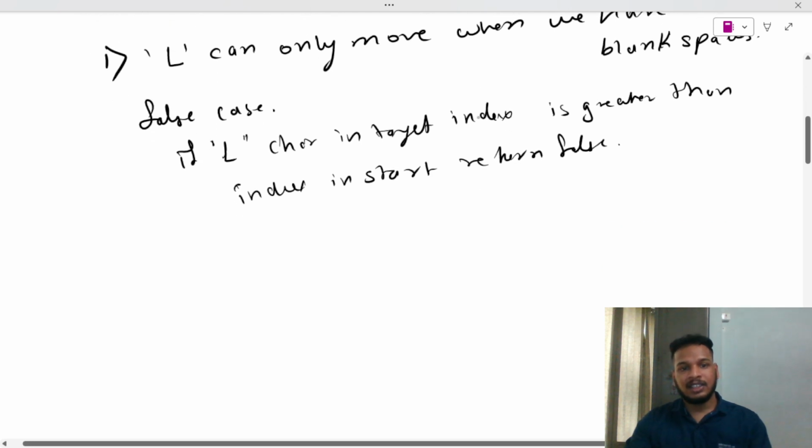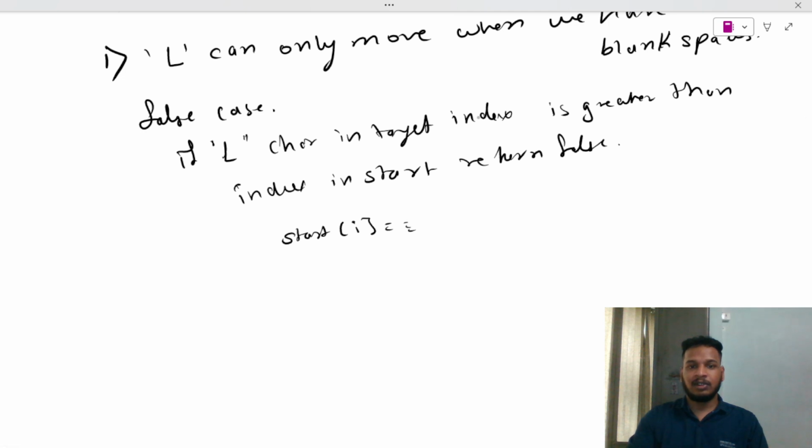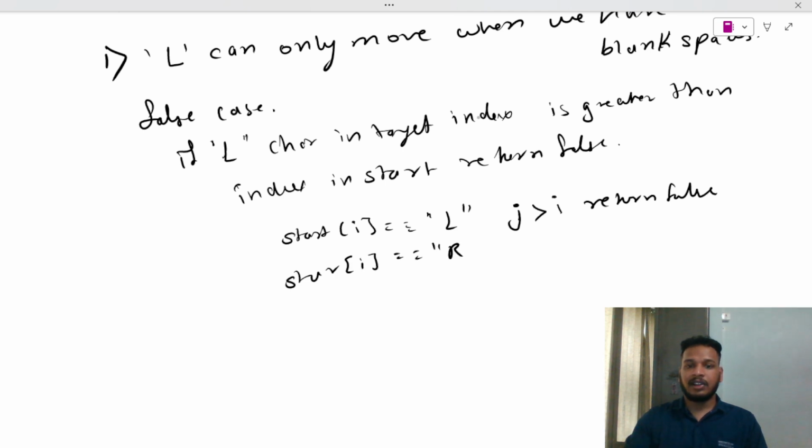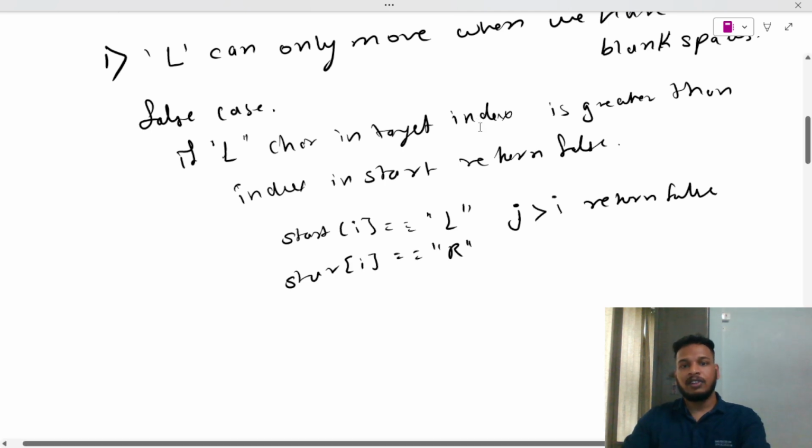In simple case, I have to check if the start of the I index is equal to L, and when my J is greater than I, then we have to return false. Similarly, if my start of I is equal to R, then what we have to do is